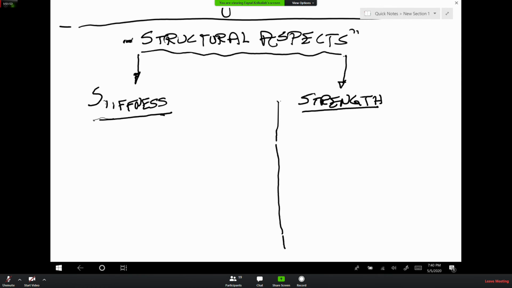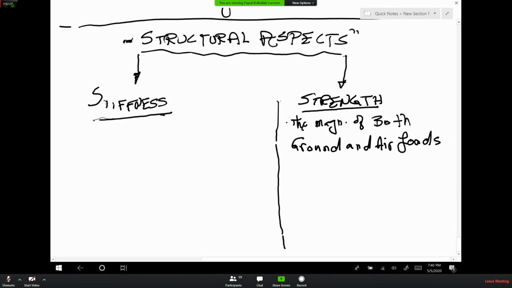So really, what is the situation in here is the magnitude of both the ground and air loads,